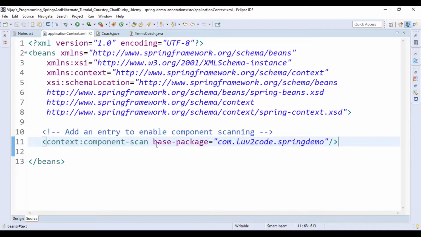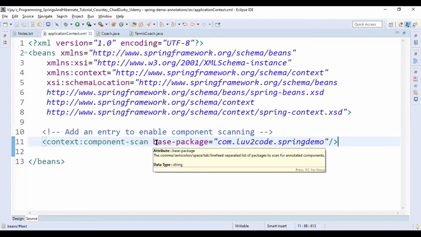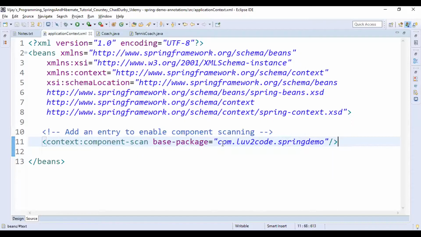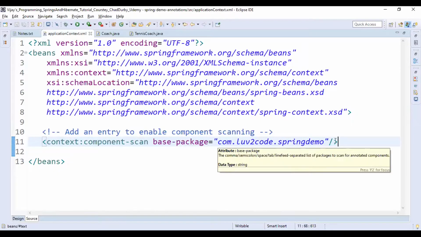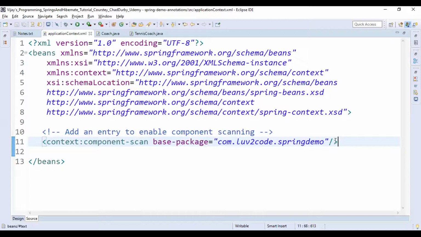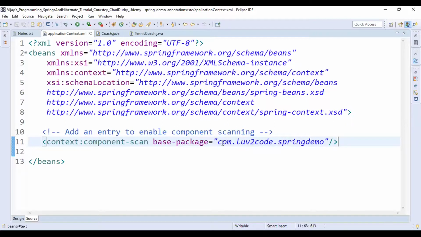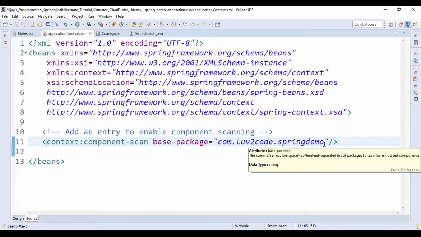So what is the base package? Here it is com.luv2code.springdemo. We have supplied it, right? And here we don't need to supply that silly coach bean ID. Why? Because we have supplied the package itself.